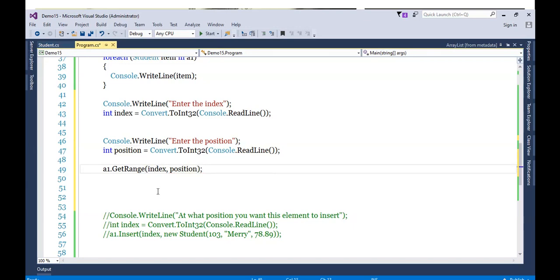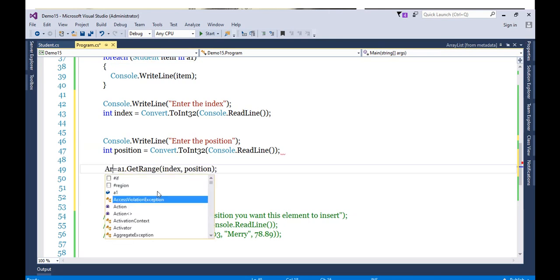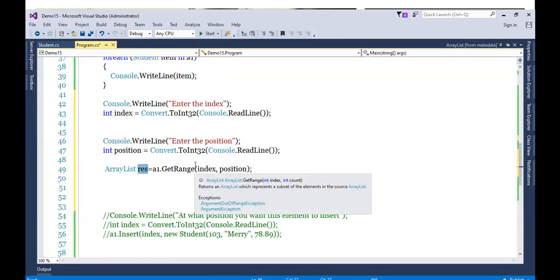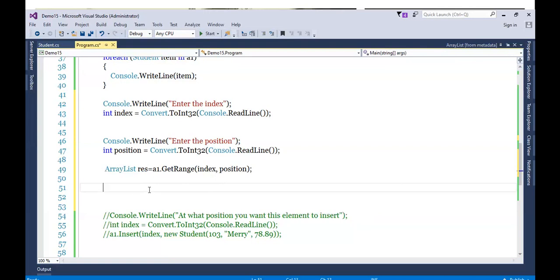Okay, so what will this GetRange do now? GetRange will return me the part of the array list. So let's take one more array list here. For example, a resultant array list I'm taking, and this resultant array list will be the part of this a1 array list, which we already took. So let's print this as well.